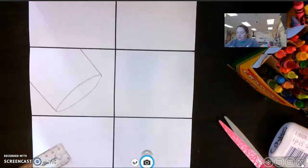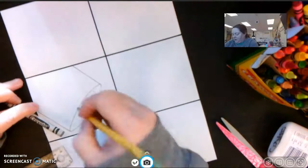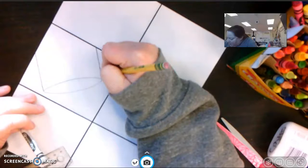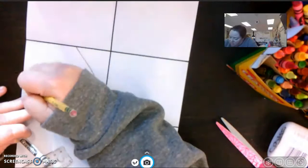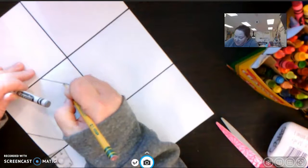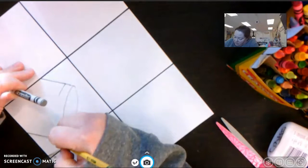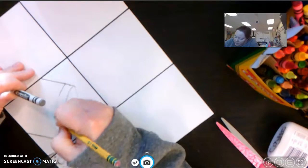All right. So now that I've gotten that part drawn, I have to go ahead and draw the paper. So the paper actually comes off of the edge just a little bit. So my line is going to go like that. It's going to follow just along the edge of that. And I'm looking very closely, and I'm getting very, very detailed. Now because this is so close up, I think I overestimated with that one. And this is going to actually come to about there. So I'm going to